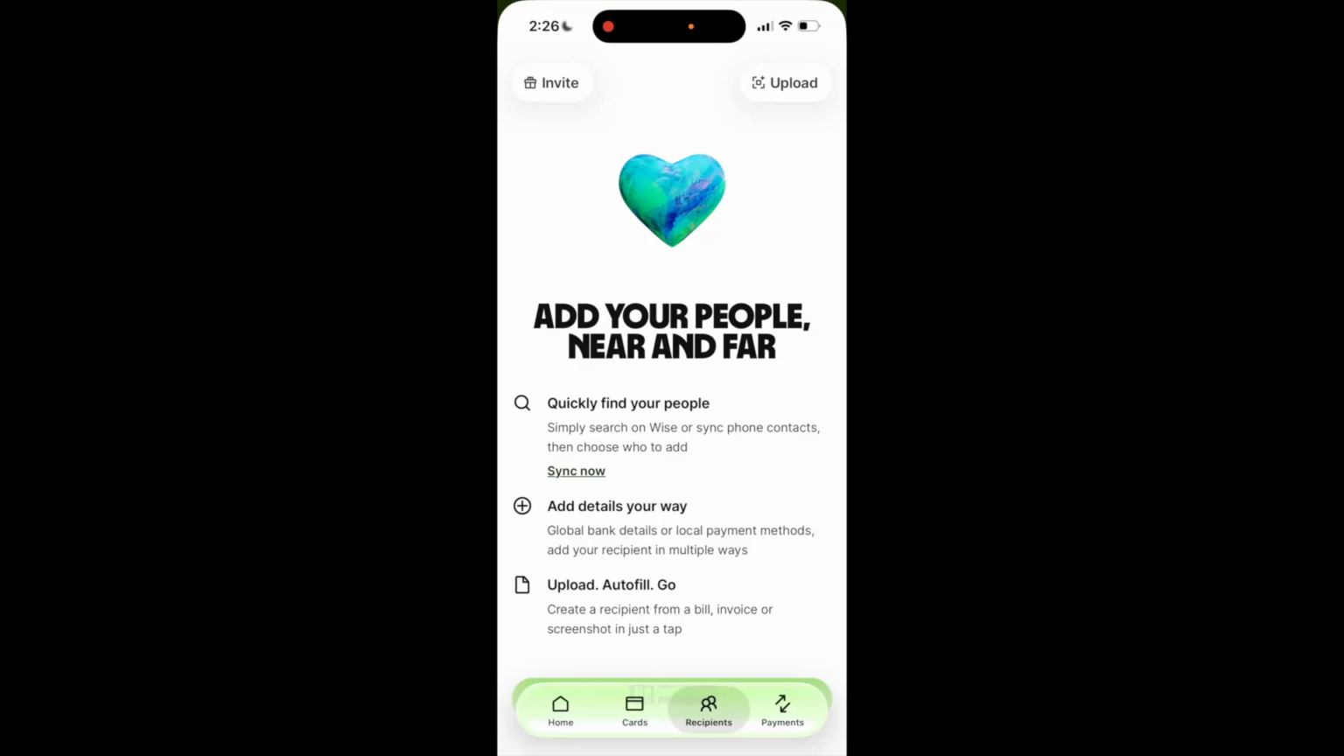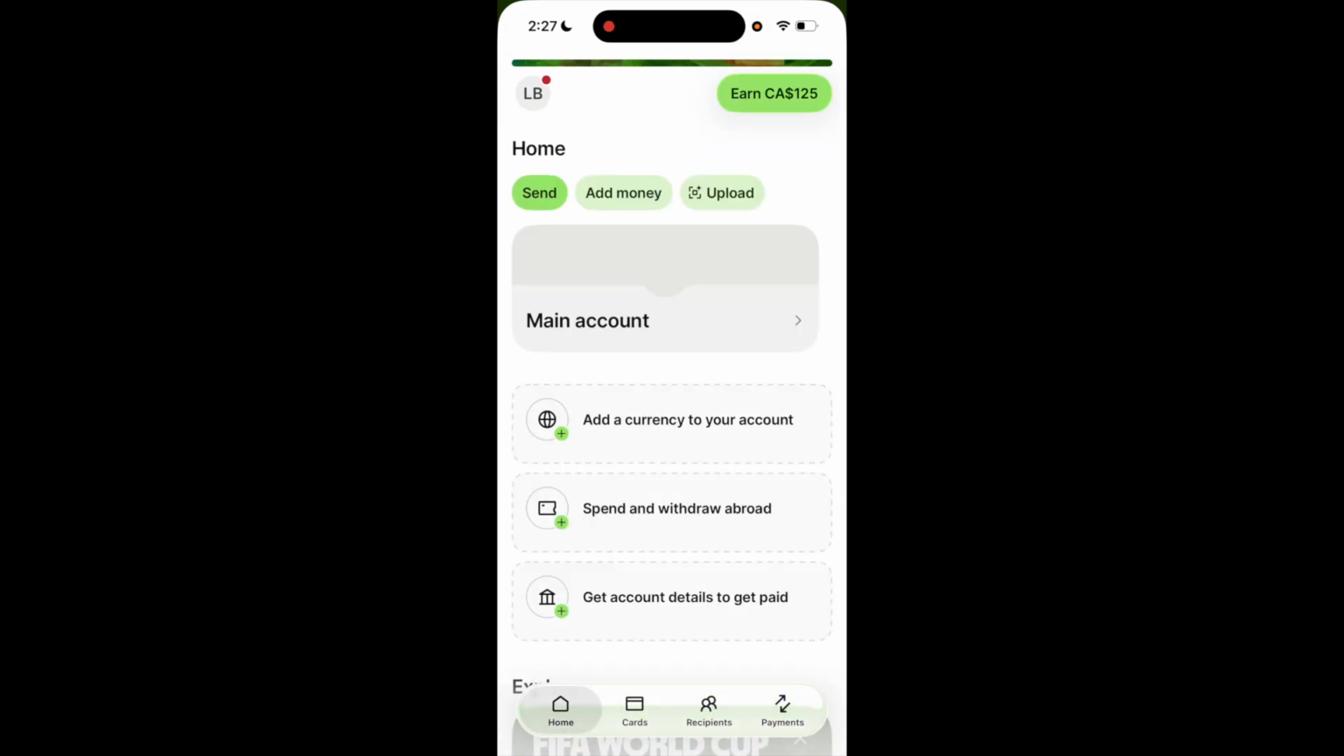So in this Wise app tutorial video, I will be showing you how to add money to your account by debit card here on the Wise app. So once the Wise app is opened up, I want you to go to the bottom left and select Home. Once you're on the home page right here where it says Home, Send, Add Money, Upload, you guessed it, select